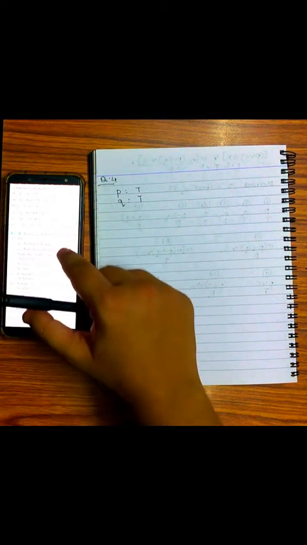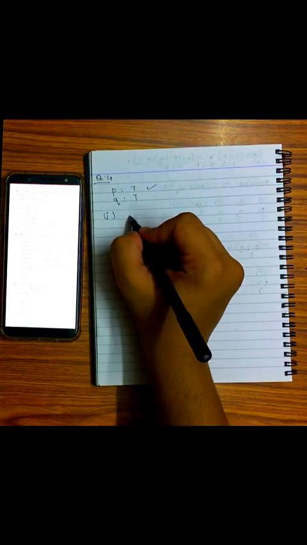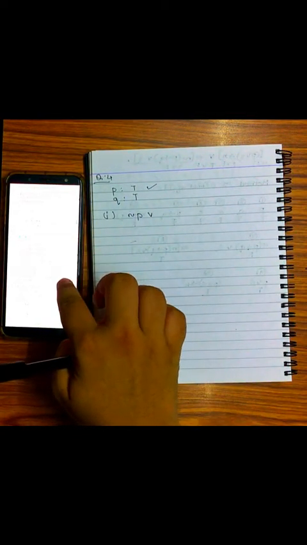Now they are telling us to find out the truth values of the following statements. What is first? It says Sunday is not a holiday. In this there is no not in the definition, so it will become negation of P. Sunday is not holiday, or Ram studies on holiday.